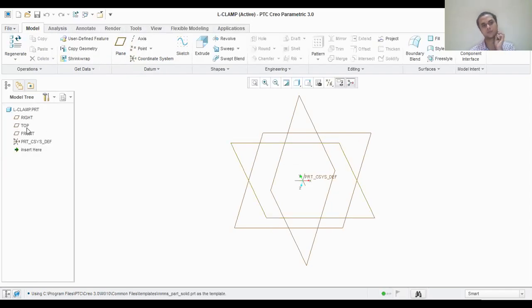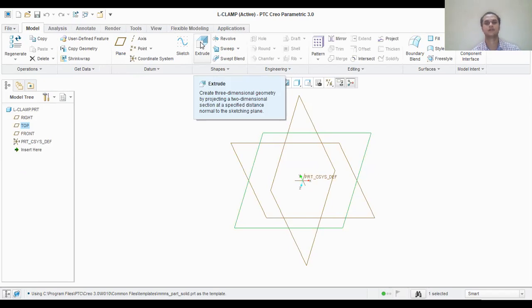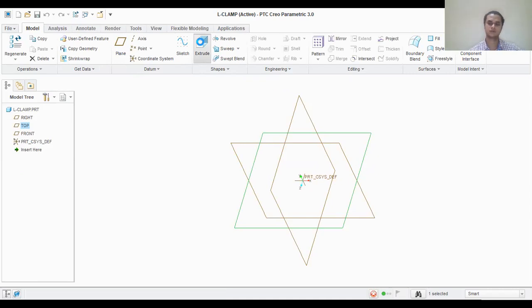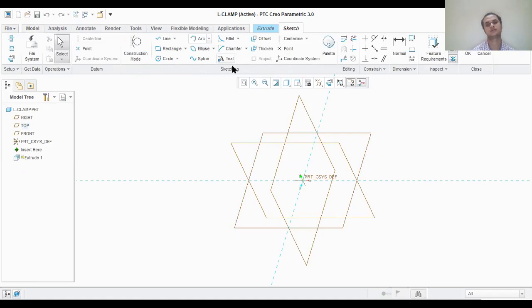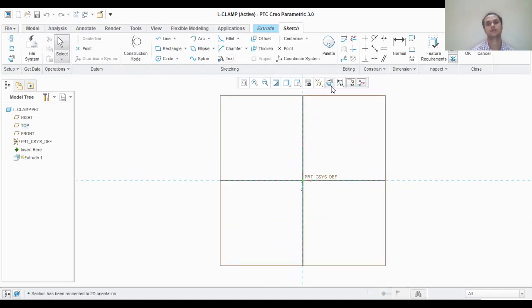First, I'll select the top view. On top view, I'm generating from the bottom. So I'll click on extrude. Directly I will click on extrude, so that directly sketch. Whenever my sketch is completed, directly it will be extruded. So you need to know what the dimensions are. Whatever I explained, you need to know the dimensions. So you will get this one and click on sketch view. Either you can click on sketch view here, or you can click on sketch view here.